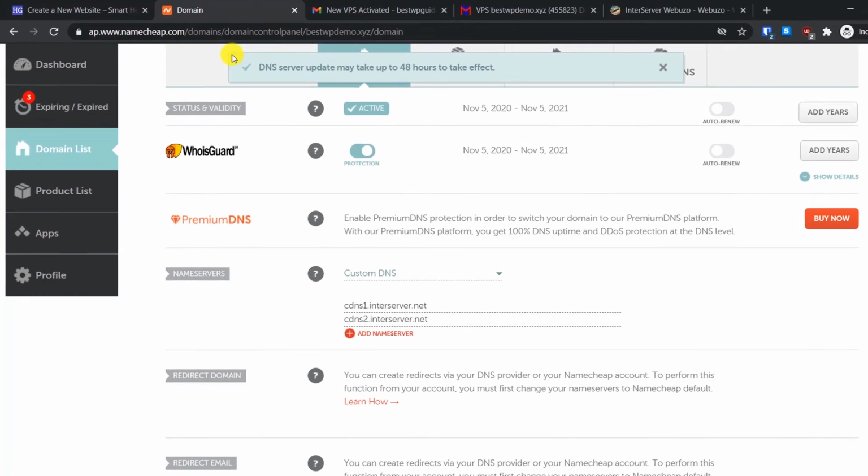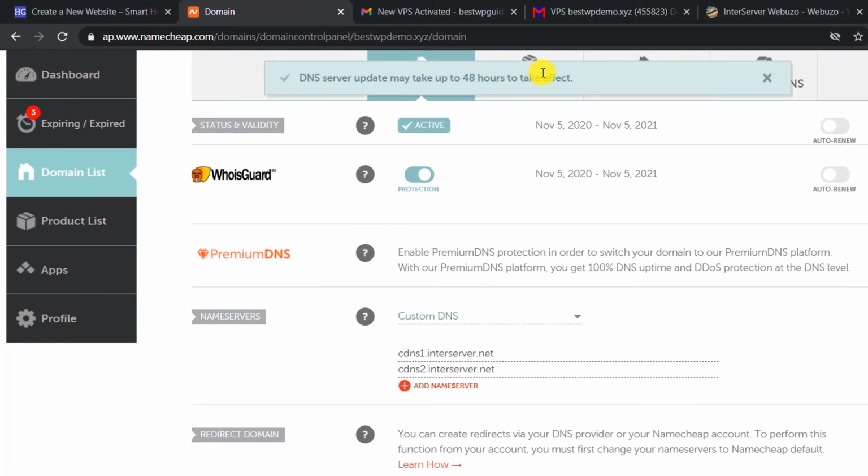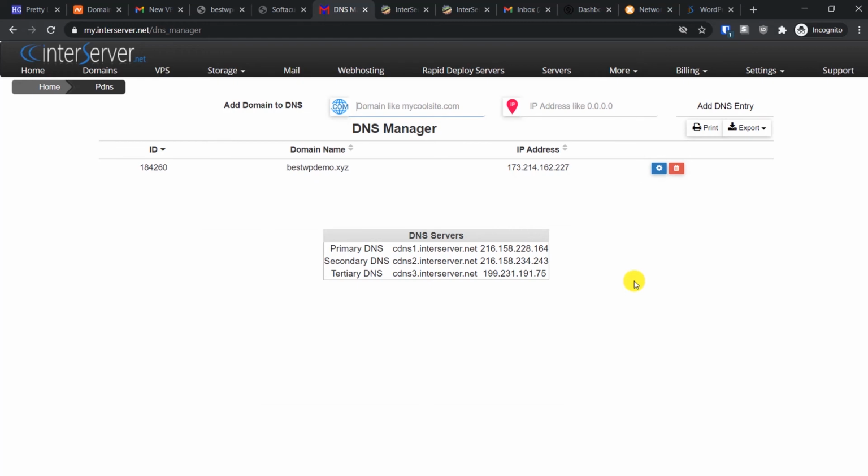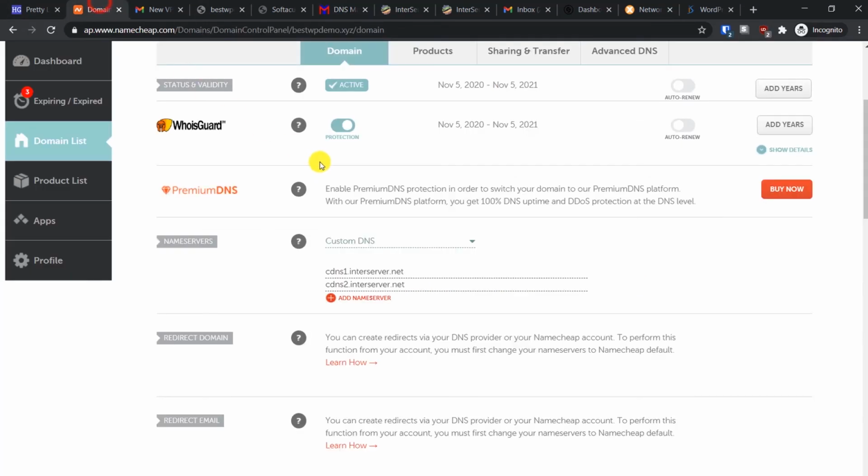Okay, so you can see this message that DNS server update may take up to 48 hours. So we have now told our DNS that this is where our website server is located, and it will take a few hours for this to get updated. Okay, so after updating the name server in the Namecheap records here,